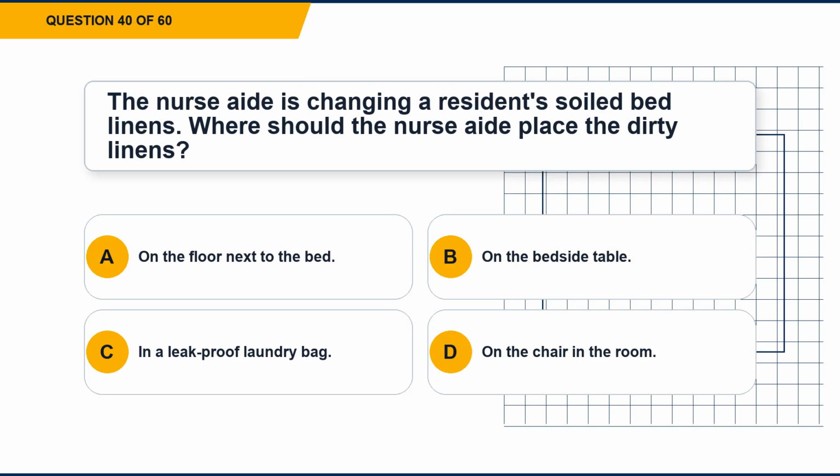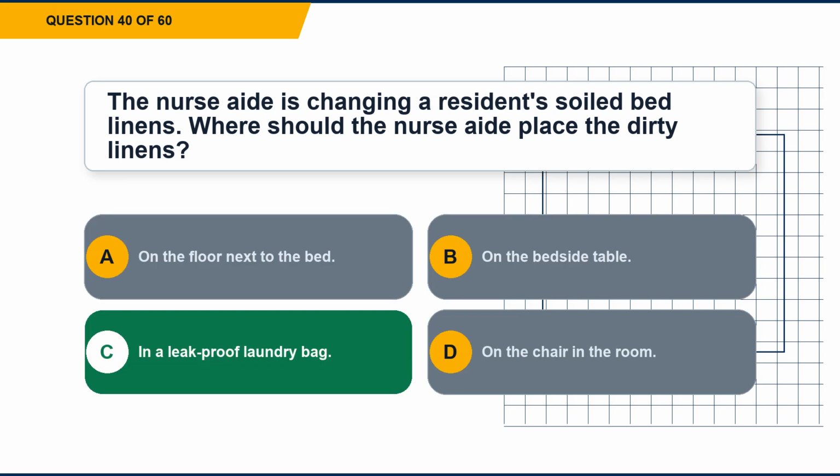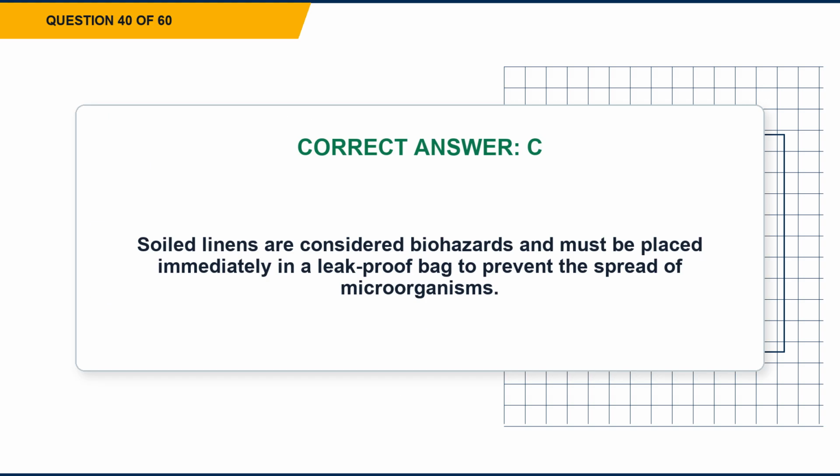Question 40. The nurse aide is changing a resident's soiled bed linens. Where should the nurse aide place the dirty linens? Option A, on the floor next to the bed. Option B, on the bedside table. Option C, in a leak-proof laundry bag. Option D, on the chair in the room. The correct answer is option C, in a leak-proof laundry bag. Explanation: soiled linens are considered biohazards and must be placed immediately in a leak-proof bag to prevent the spread of